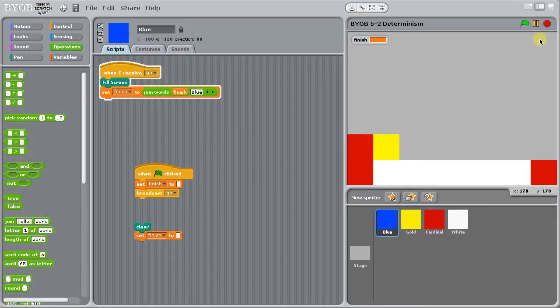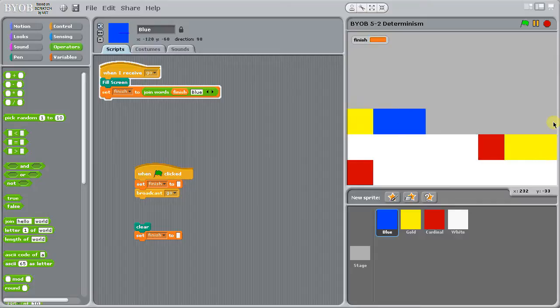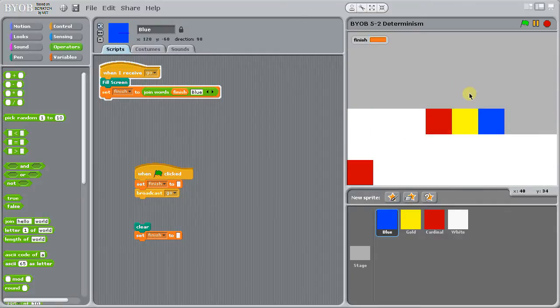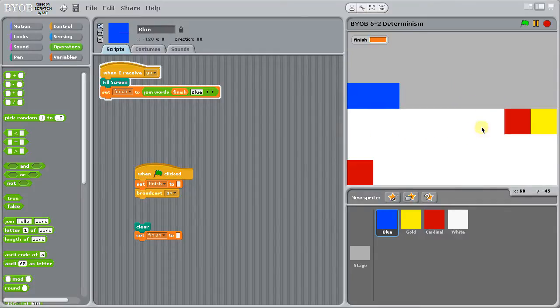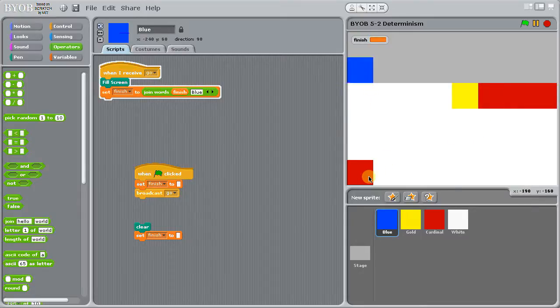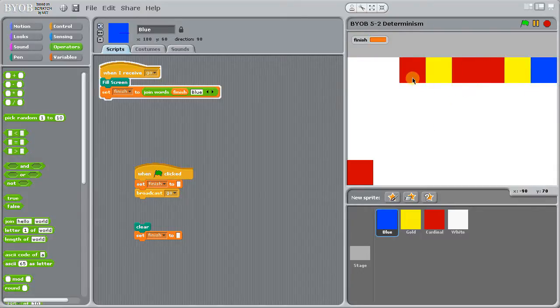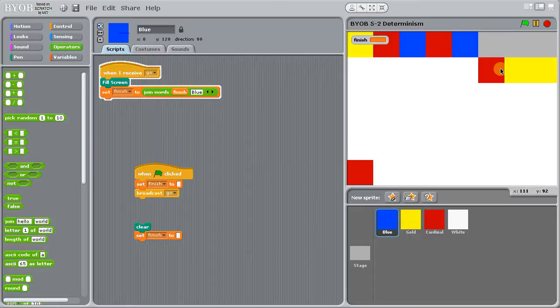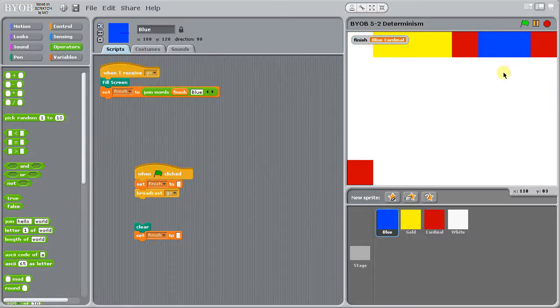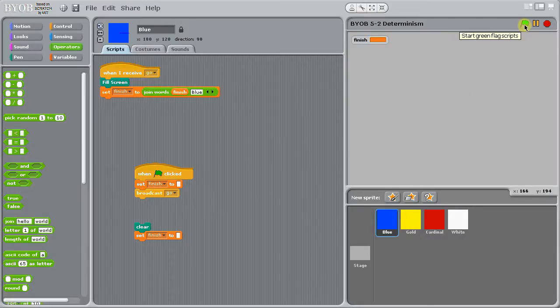So you can see that someone's out in front. Currently it looks like yellow is kind of out in front, and other people are lagging behind. In this case, white looks like it's pretty far behind, but red was actually the first one to be going slow. And so for a period of time, we may have one color showing, and then it's covered up by another. And in this case, white is lagging so far behind that it covered most of the screen, except for that very first square. If I clear things out and run it again,